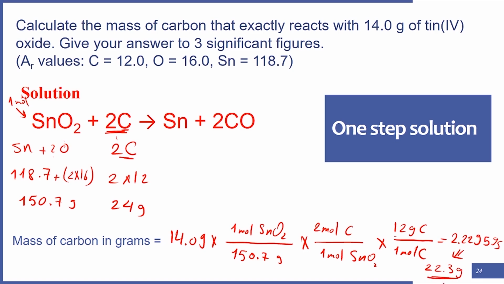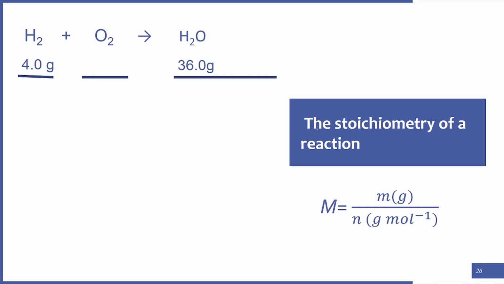We said we can know the amount of one of the reactants or one of the products if we know the amount of one of the reactants and the products. In turn, we can find the stoichiometry for a reaction if we know the exact amount of all reactants and the products. For example, suppose 4 grams of hydrogen react with a number of grams of oxygen to give 36 grams of water, and the relative atomic mass of hydrogen is 1 and of oxygen is 16. We said before the number of moles, capital N, equals the mass in grams, small m, divided by the molar mass, M. For hydrogen, 4 grams divided by the molar mass of hydrogen gas, 2 by 1, equals